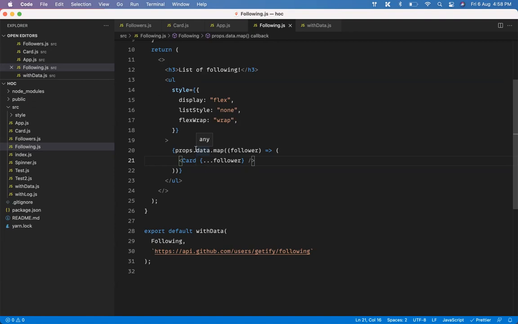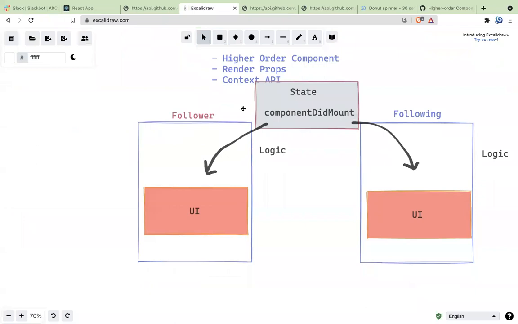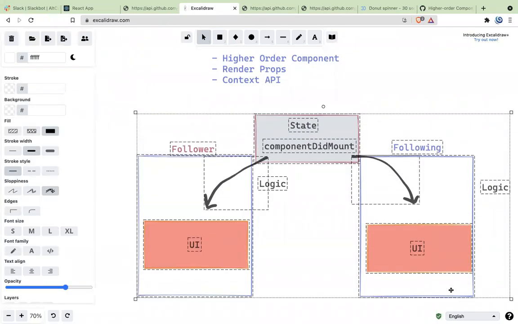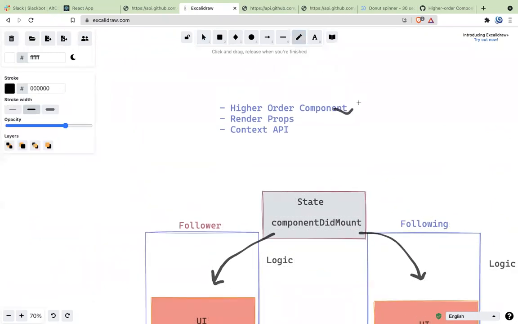Okay. Now moving on to the next topic. What is the next topic? So should we tick mark the higher order component and move on to the next topic? I think yes, sir, tick marking is the best thing, like you completed something.